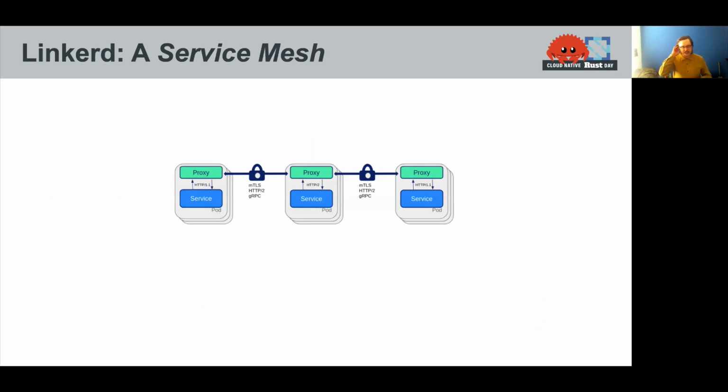So let me take a little detour and describe what Linkerd is in case you don't know. And then we'll get into why this is so important for Rust. So Linkerd is a service mesh. A service mesh is a pattern of deploying rich data planes, generally as a sidecar proxy, that deal with this communication complexity. We have to deal with load balancing over a set of instances, a set of replicas in a cluster. And I have to make sure that everything gets TLS by default, because I may not trust the network that I'm running in. I also want to have identity on either side of this. I want to know which workload is talking to which workload, and that's easily done through TLS.